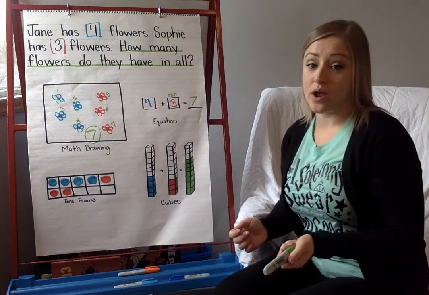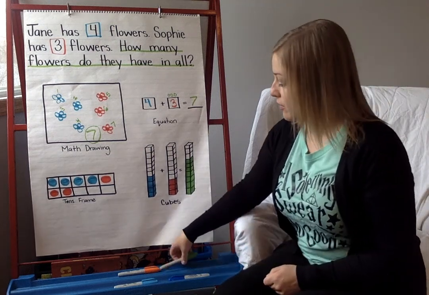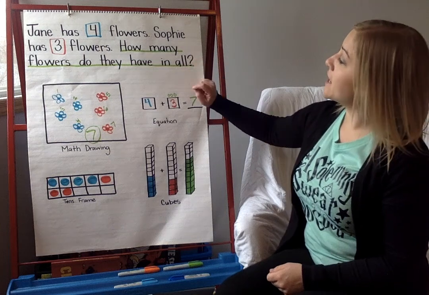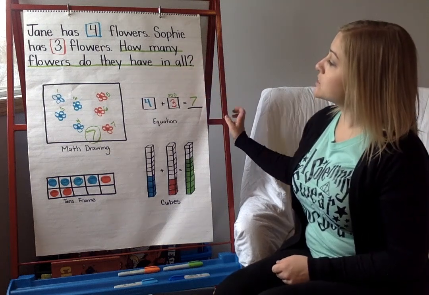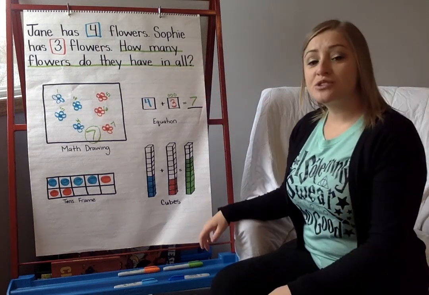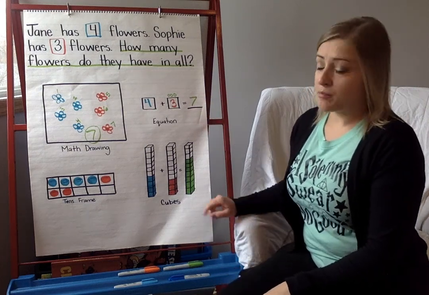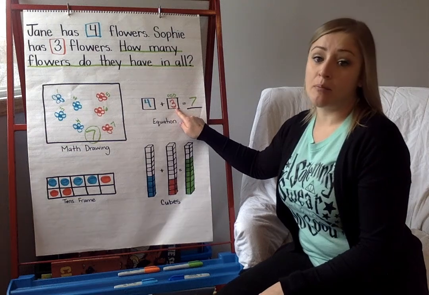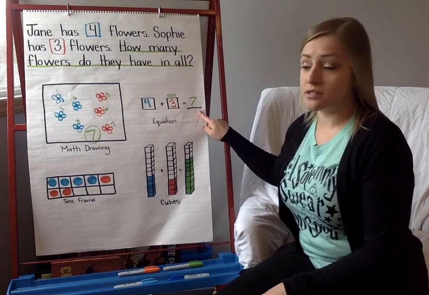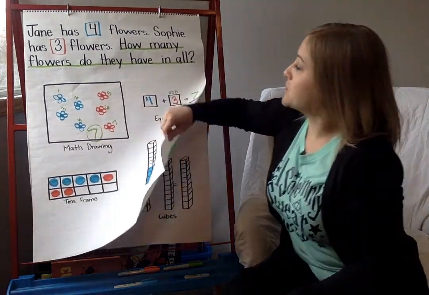So that's one way that we can work on solving our math problem. Jane has 4 flowers. Sophie has 3 flowers. How many flowers do they have in all? 7. This math problem gave us 2 math number partners to get our answer. Now, if I turn the page,